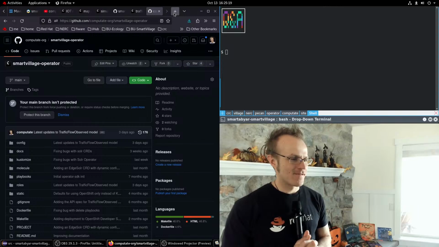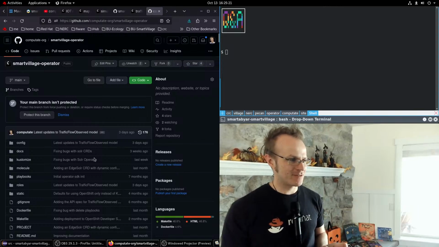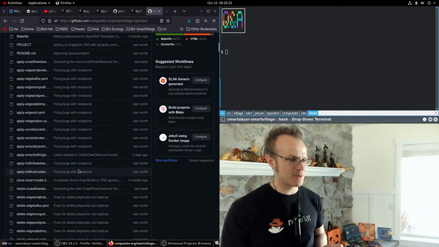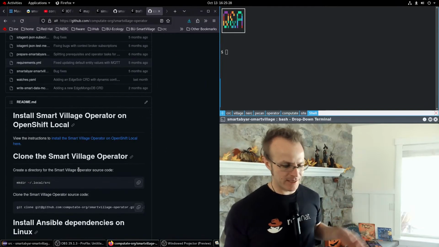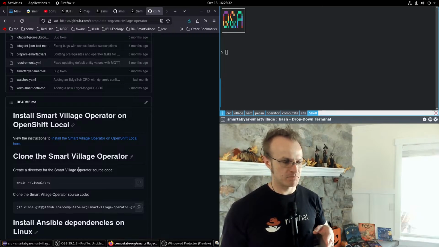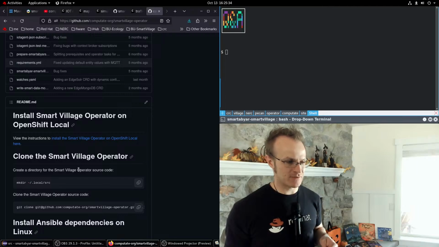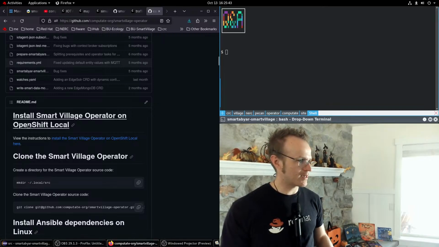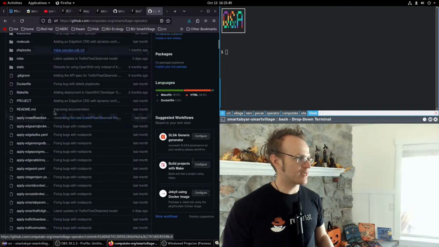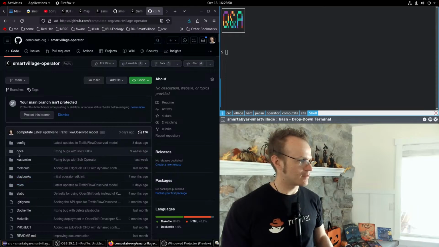Now, I haven't introduced you to the Smart Village Operator, but it's basically an OpenShift way of automating the install of platforms, services, microservices, everything. You can automate all kinds of things, and that's what we're doing here. So I want to share with you, I need to put a link to this documentation, but it's in Docs,